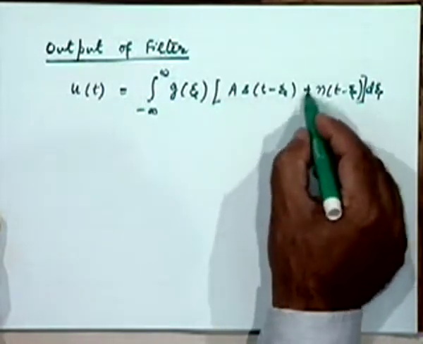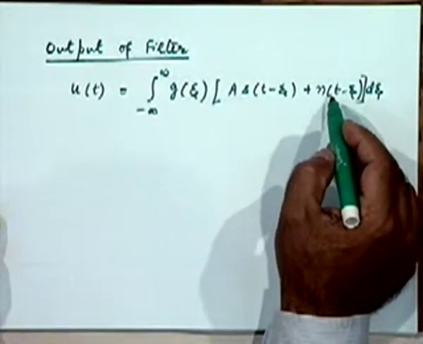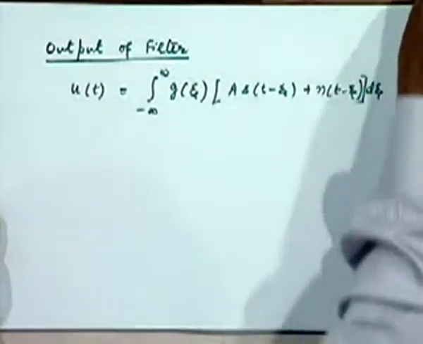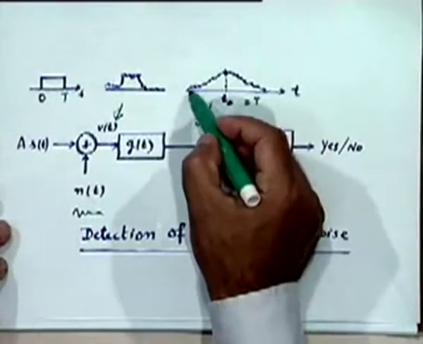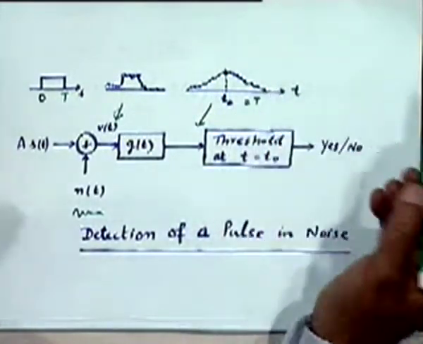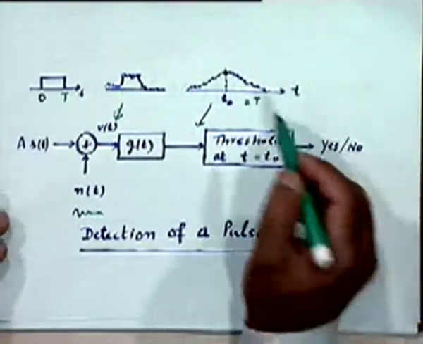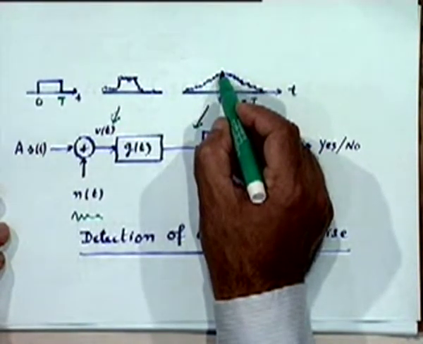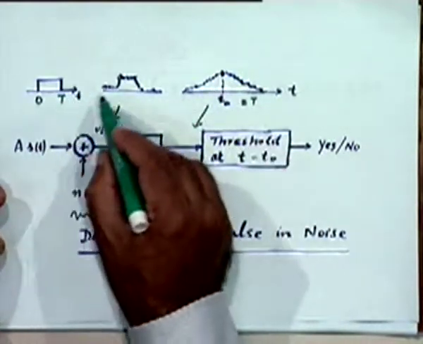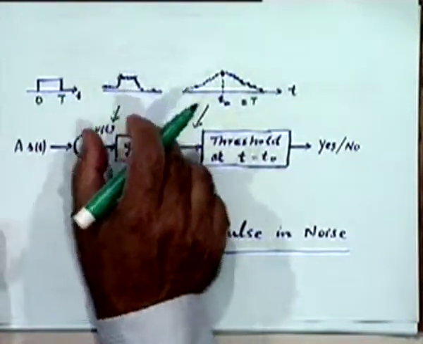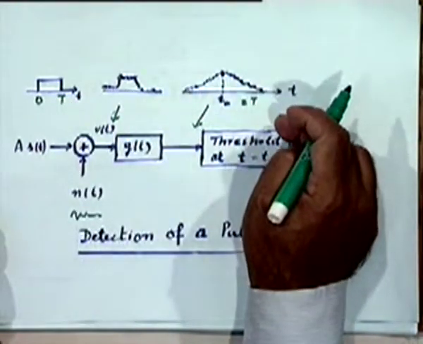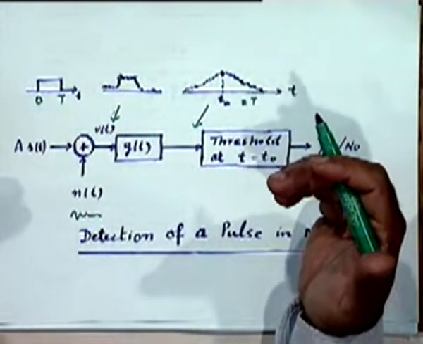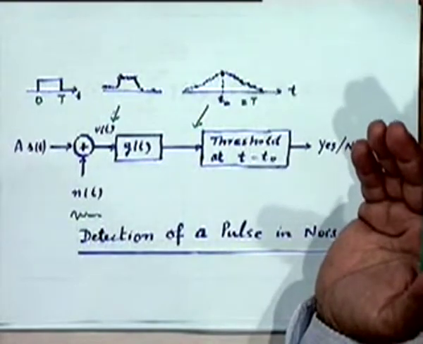Since we have a random process in the input, namely this noise process, this u(t) is actually a random signal, like I illustrated here. This is a realization of a random waveform. However, what is really important to us is the mean value of the signal here, because different noise waveforms will cause different output waveforms, and when we are trying to do optimization, we like to optimize on the basis of average properties.